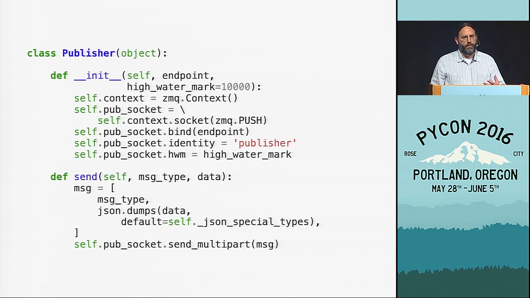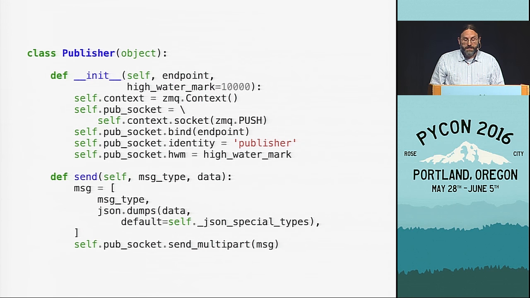Experimenting with that and with the pub/sub socket, I had created a pair of classes that I was able to use in the creation of Smiley to abstract all of that communication aspect away from the application. So the application used the publisher and the receiver classes, and those would be re-implemented over time, different ways as I was doing my experimentation between pub/sub and push/pull. Even if I eventually decided not to use ZeroMQ, I could just replace those classes.